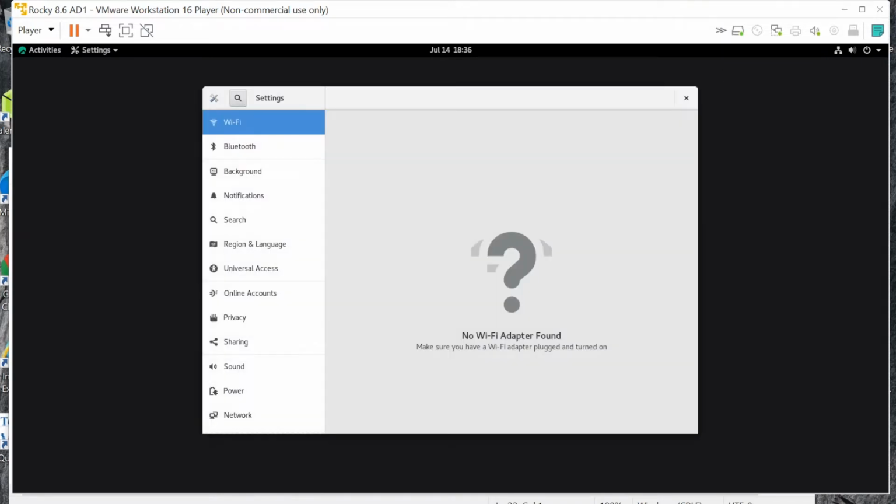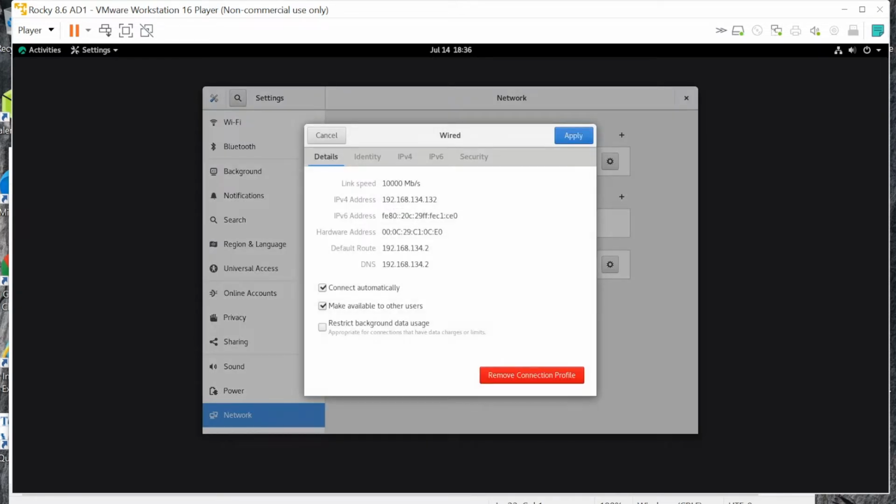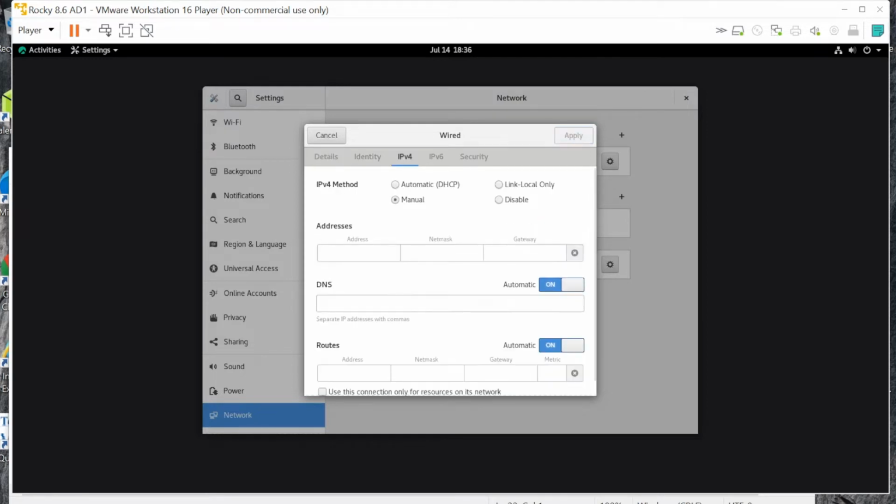And then we're going to come here to network. And we're going to look and see what our IP address is, what range it gave us behind the VMware NAT. And it gave us 192.168.134.132. So what I want to do is now go to IPv4, select manual, and